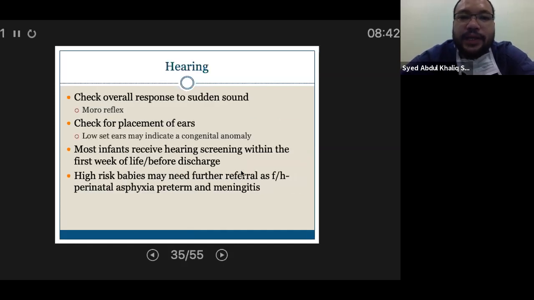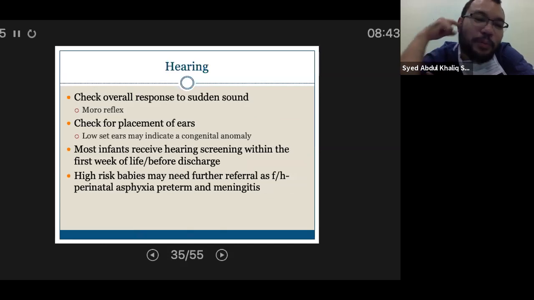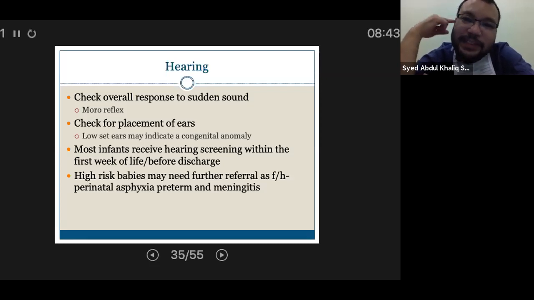Okay, alright. And then hearing as well. The baby should respond to sound. Even if they don't hear properly, overall the baby should respond to sound. You look at the placement of the ears, whether there is any low set ear. Is there an external auditory meatus? Sometimes the earlobe is there but there is no opening. For example, I've seen an earlobe that looks normal but has no opening. Is there a sinus? Is there an ear tag? Ear skin tags are sometimes associated with kidney abnormalities. So look for all those things.